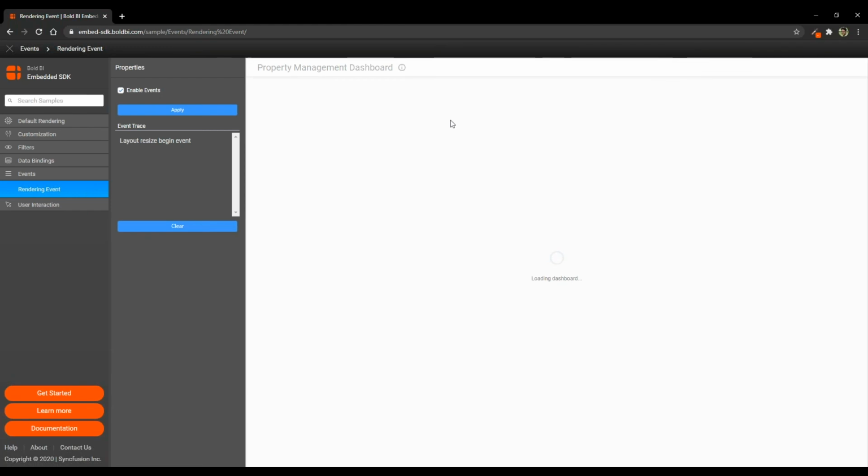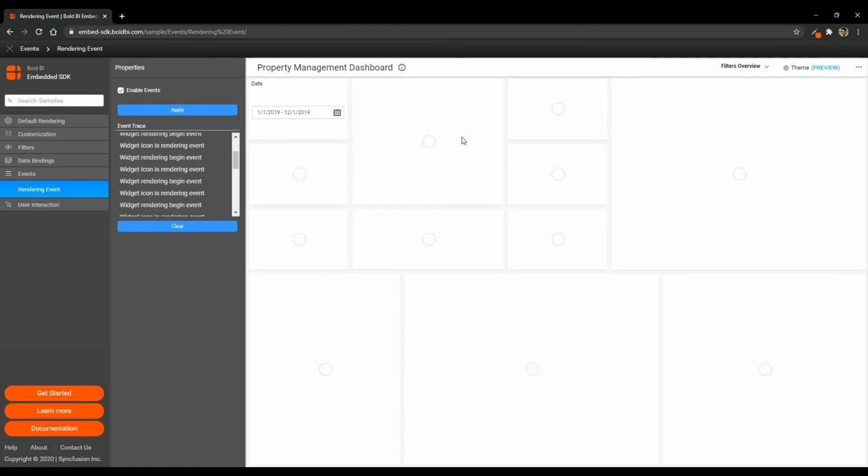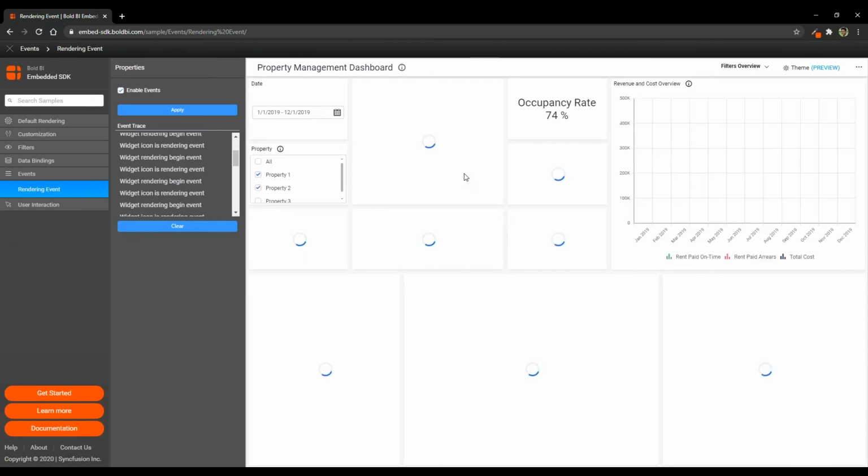Whatever the embedding operation that happens via the embedding SDK, each and every event will have a default definition to do something. For example, the rendering event, render complete event, and all those things.